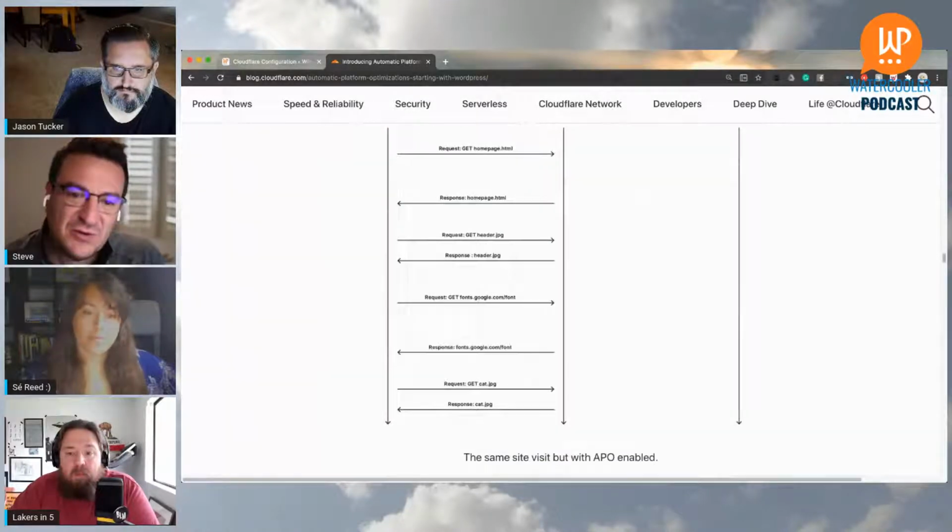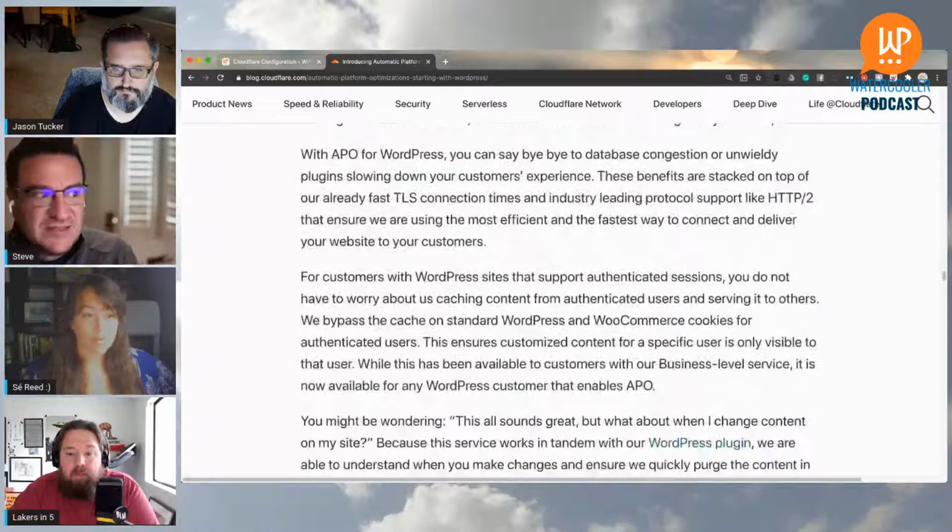But to answer your broader question, things like speed index, largest contentful paint, anything that's factoring into your page speed score, it's going to take a combination of things to really address that if your score is in the dumps. That's just the way it is. What we're really talking about here is that the APO platform addresses server issues and load time. So as Casper said, if you're with a good managed host, WP Engine, a Nexus host that has really strong caching built in, these things aren't going to have much of an effect, because you're already benefiting from what the host is putting in place for you.